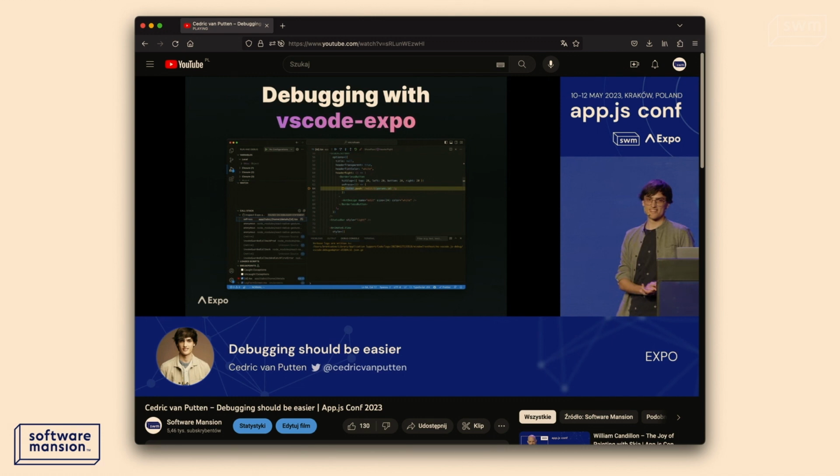Cedric's talk was about debugging and specifically about the VS Code Expo extension that they built at Expo. What this extension does is allow you to have debugging inside of VS Code, which is a much greater experience because when you put breakpoints, you can also make updates in your code, and then you don't need to flip between two applications to do a single task. So that's very convenient, but